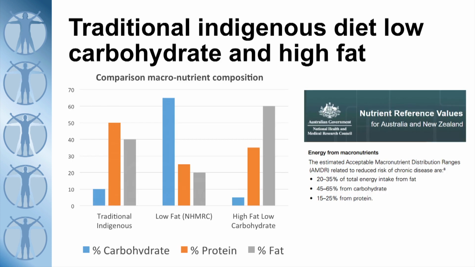So when I've looked at the data from this study and I plotted it and compared it to the NHMRC recommended diet, so this is a diet here that fits within their recommended macronutrient intake, I compared it to a typical high-fat, low-carbohydrate diet, which I use for my patients, and I think you can see that the diet used in this study is far, far closer to a low-carbohydrate diet. It's almost opposite of the diet that's recommended by the NHMRC.